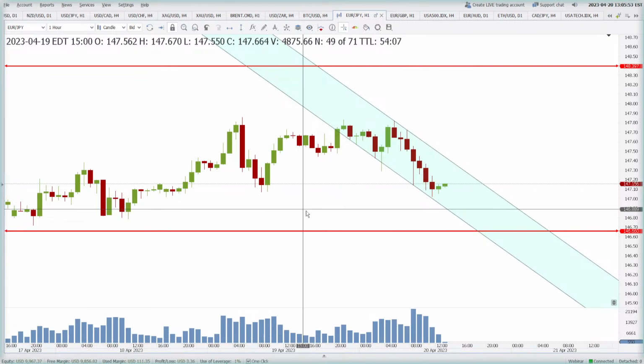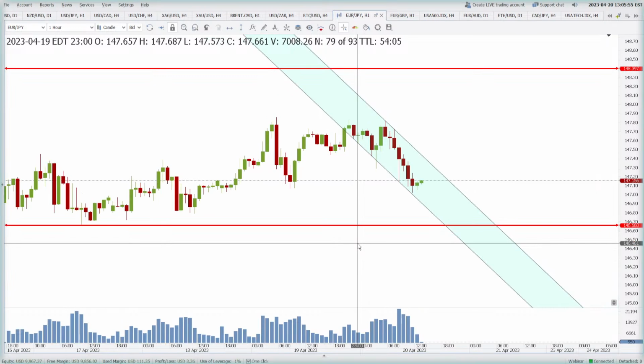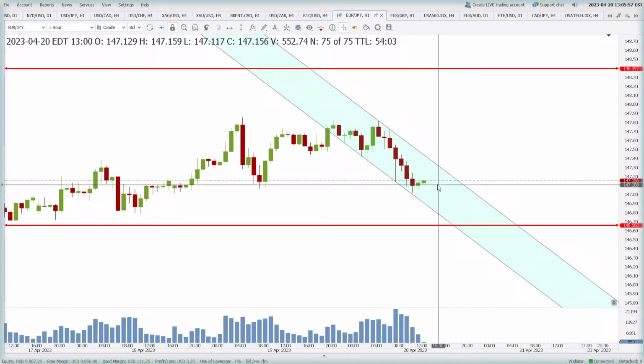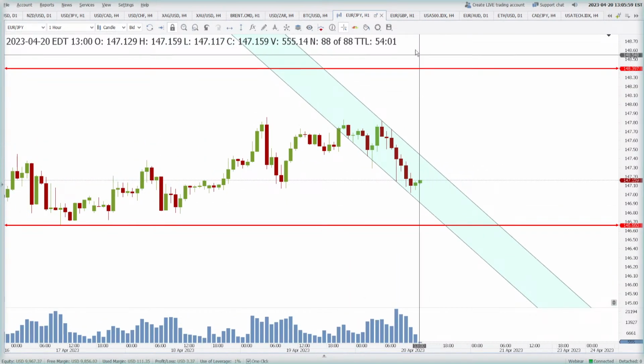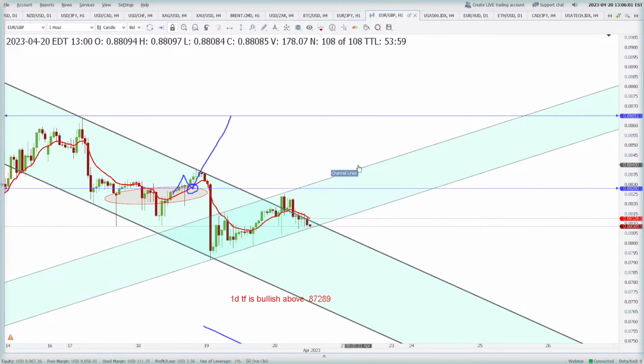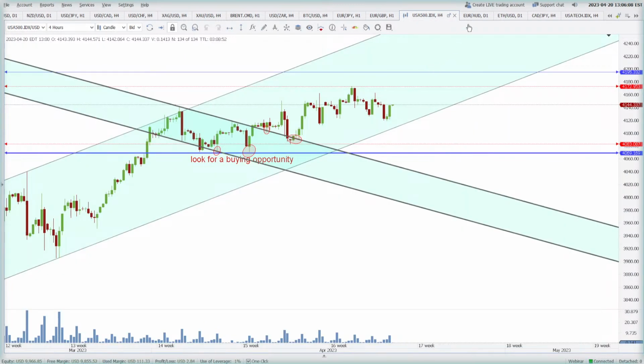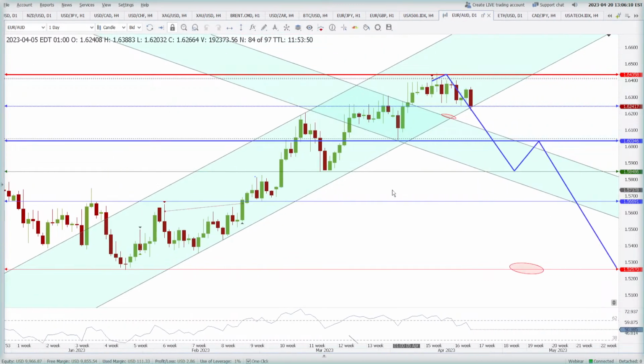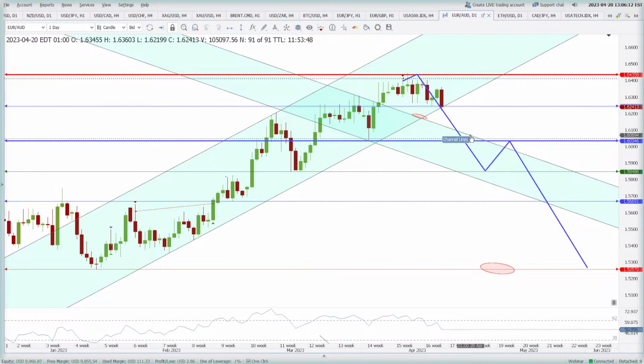Too tight. Alright guys, expect some higher move from here because we are expecting 148.39 in the Euro JPY. Okay, and Euro GBP it can extend down, and US 500 it can go up. Euro against the Australian dollar it can go down. Well, we are already short in this market.